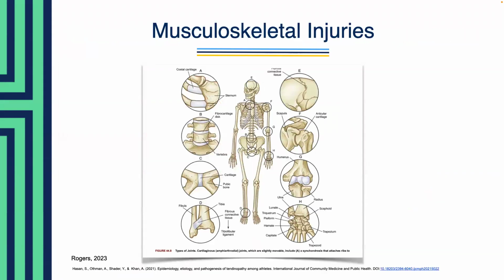Next, we're going to go into bursitis versus tendinopathy, looking first at image 44.8, which illustrates the types of joints throughout the body. So bursitis is the inflammation in the bursal sacs, which, if you remember, bursa are small sacs filled with synovial fluid and are located between tendons, muscles, and bony prominences. So common sites of bursitis occur in the shoulder, elbow, hips, knees, and heels.